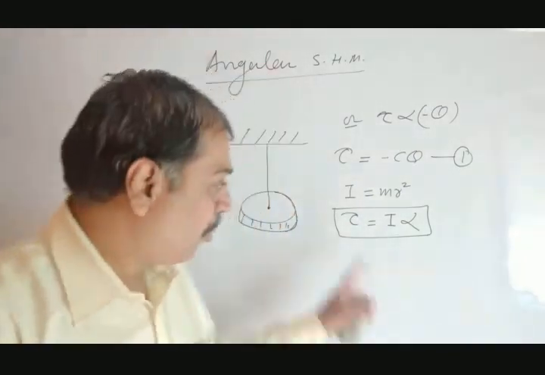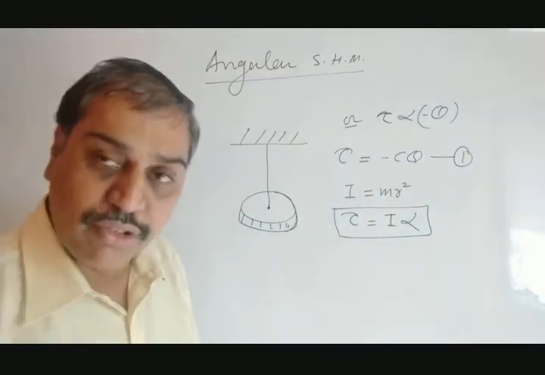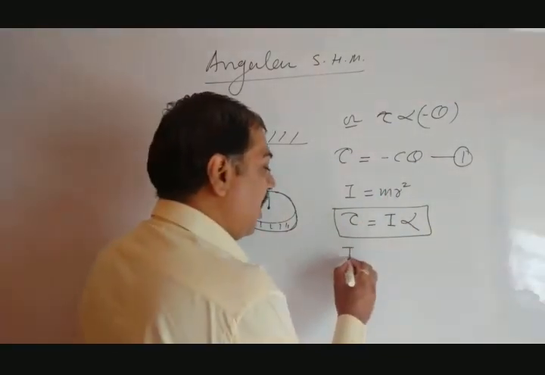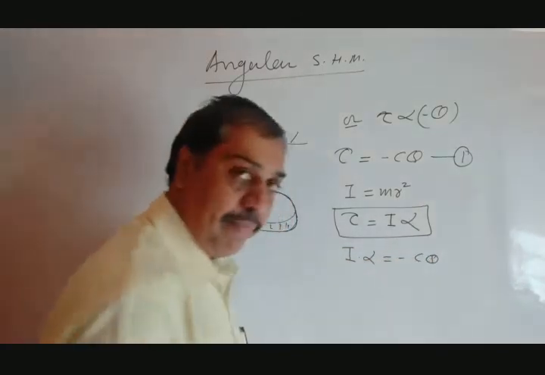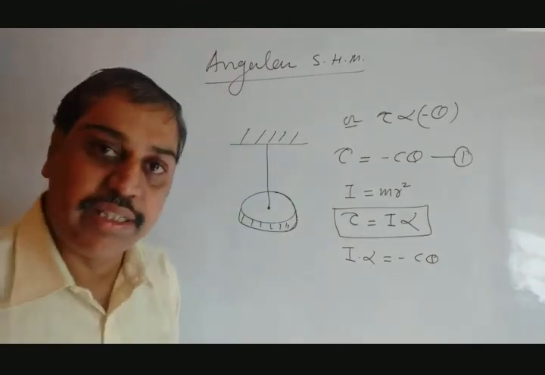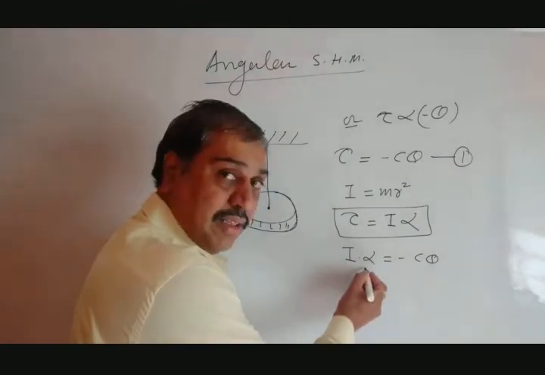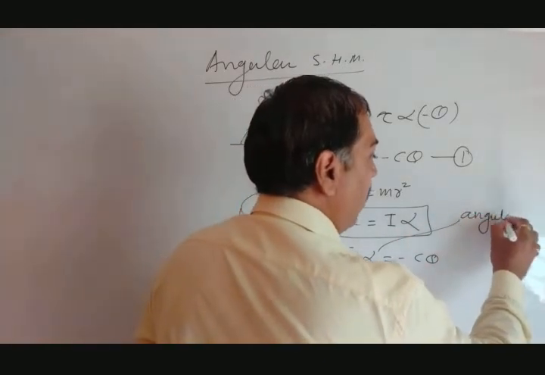Now what is the value of tau here? From equation 1, it is minus c theta. Put it here and try to solve it. So we can write this as I into alpha equal to minus c into theta. Okay, I into alpha equal to minus c into theta. What is alpha? This alpha is said to be angular acceleration,